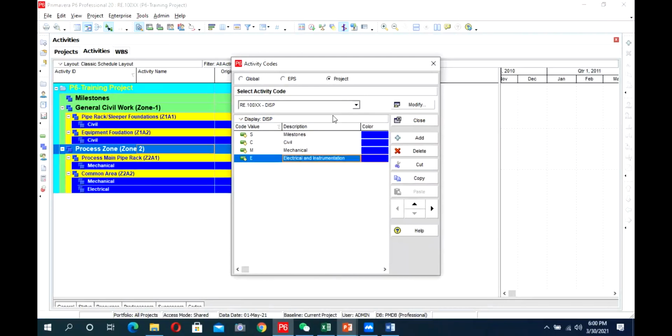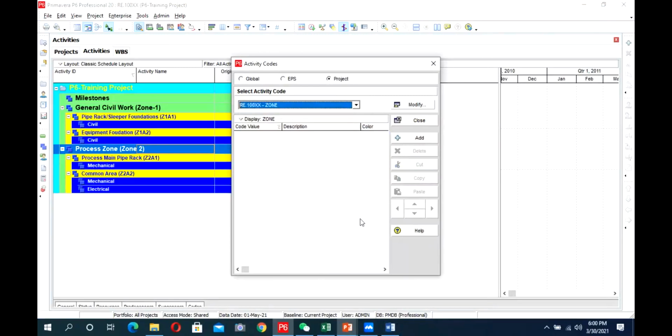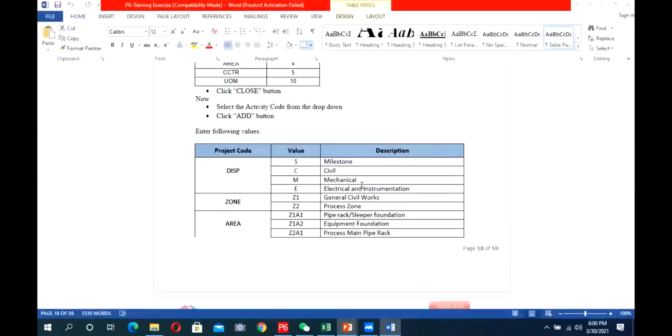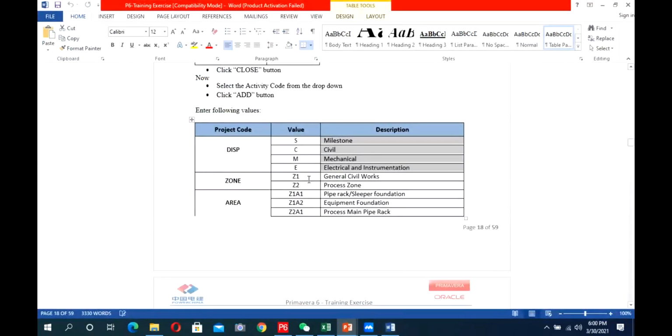So these are the discipline activity codes. After it, I get zone. In zone, I have two activity codes.